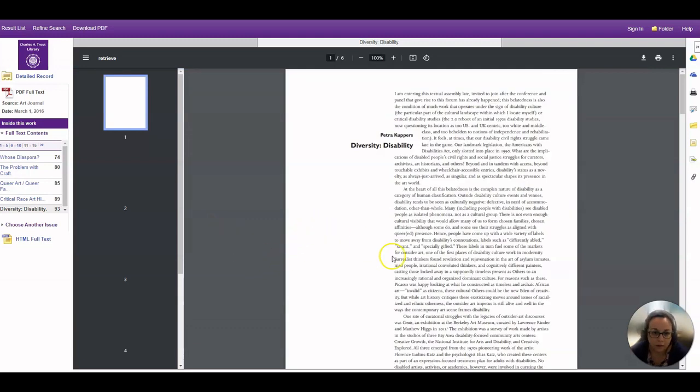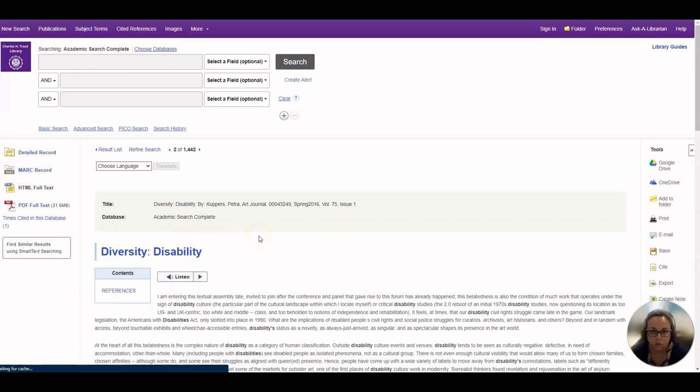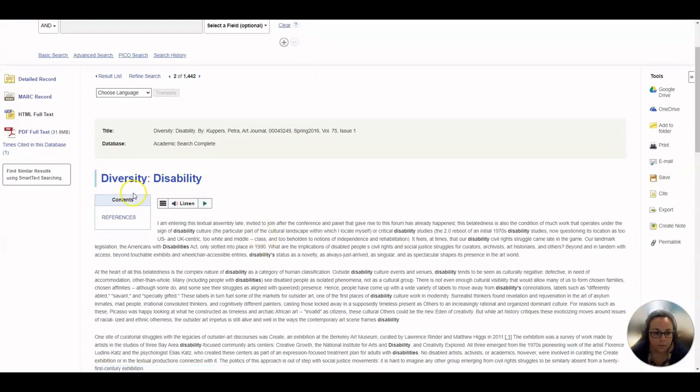You want to read them with a critical eye toward not only what they're saying about this research topic, but also how you would potentially find it useful for your research. And then, so there's the PDF option, and very often there's an HTML full text option, which has a text-to-speech option. So if you see this HTML full text, you'll have a listen,